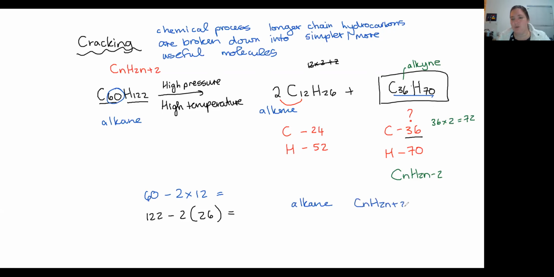CnH2n plus 2, your alkenes are CnH2n, and your alkynes are CnH2n minus 2 to try and figure out what you've got. All right, there aren't even rules. Like at the end of the day,